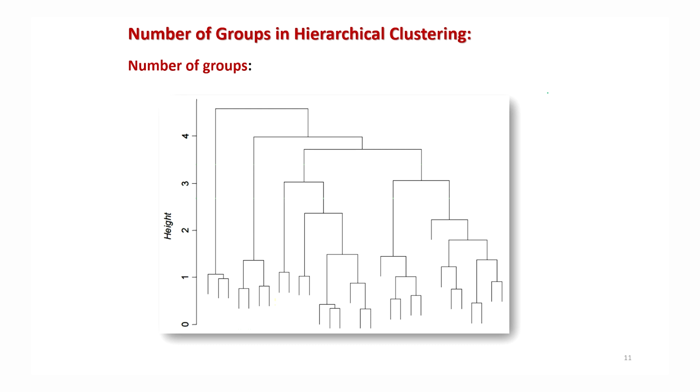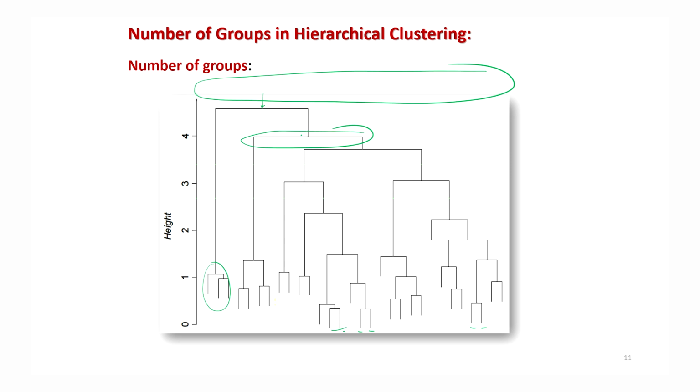For example, this is a very clean dendrogram that is produced in the software. You can see here these are the leaves. Finally, there is only one cluster containing all the units, but once you go down, it is divided into this cluster at the last stage, and then so on, it is divided into the fourth stage like this. So this is what you have to understand.